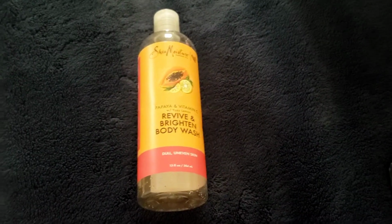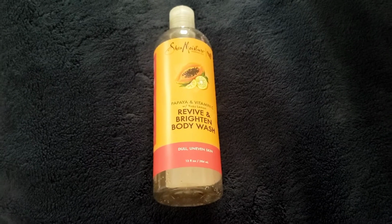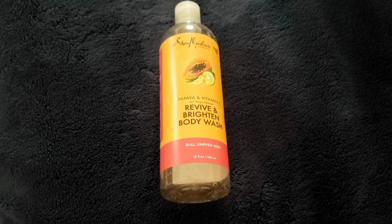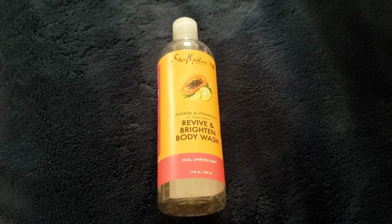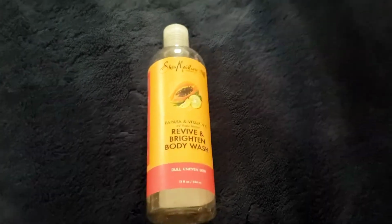I know that for a lot of people, the dullness is more the uneven skin tones and all that stuff. That's where the dullness normally comes into play. Sometimes the dullness also comes in when you're stressed out and overworked and you're just plain tired, like your soul is just tired. Your skin starts looking dull. I do sometimes feel like that, but I feel like the dullness actually